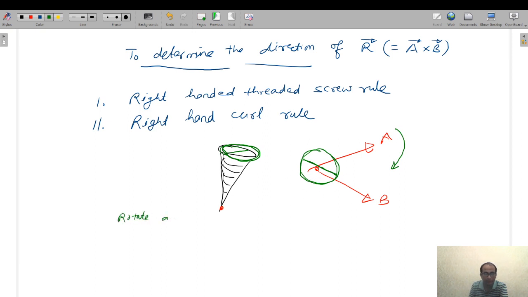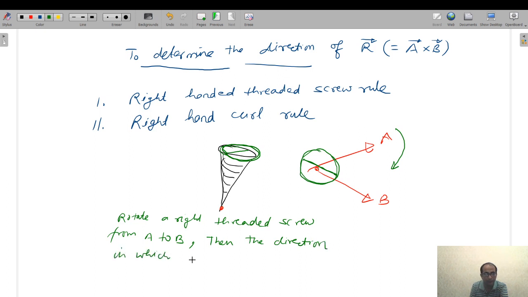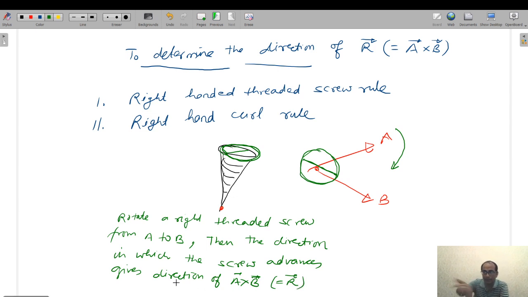So rotate a right threaded screw from A to B, then the direction in which the screw advances gives direction of A cross B, which is your R vector. तो A से B की तरफ यदि मैं रोटेट कराऊं,